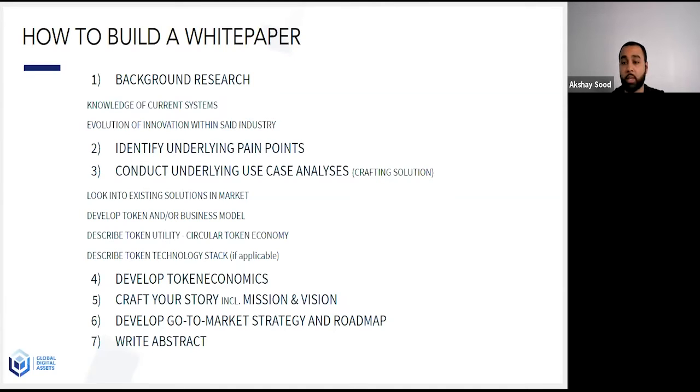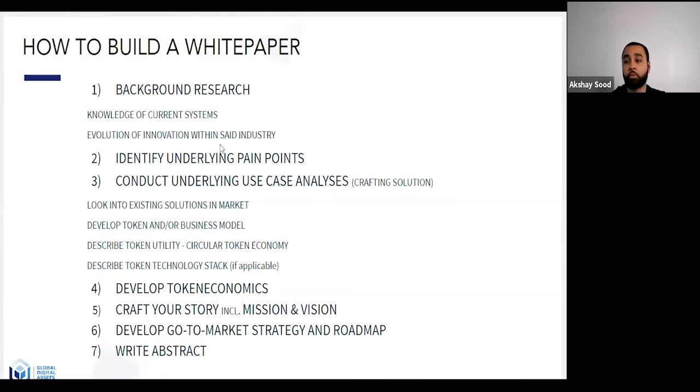And so you have to look at all of those things, and you have to really poke holes in your own argument when you're developing your use cases, which is essentially crafting your solution. The way to do so is looking into existing solutions on the market. This could be without using blockchain technologies. Maybe you do a hybrid, or maybe you're transposing something from externally, from without a blockchain solution, and you are providing some sort of platform that requires it.